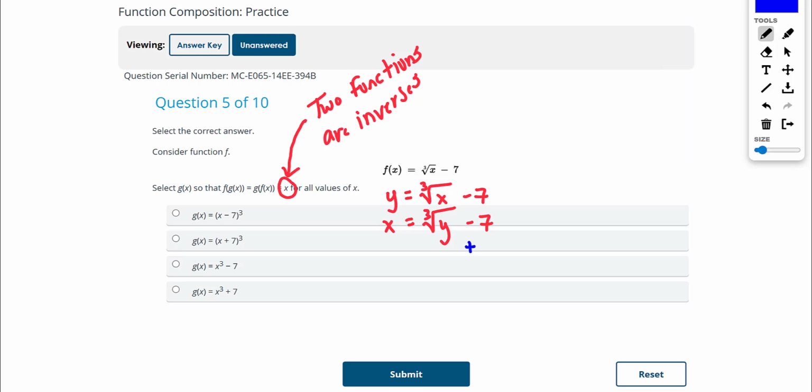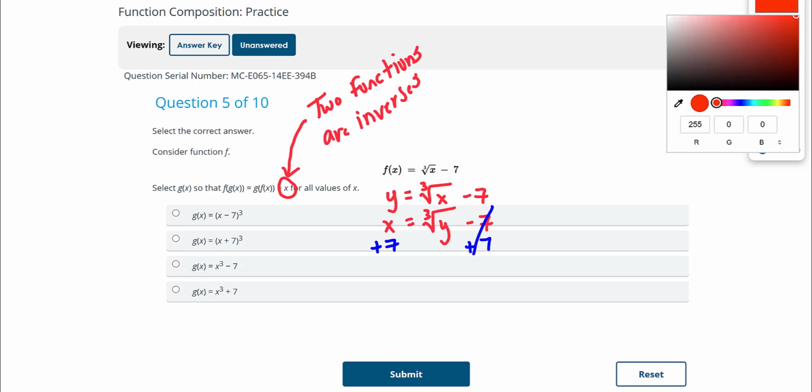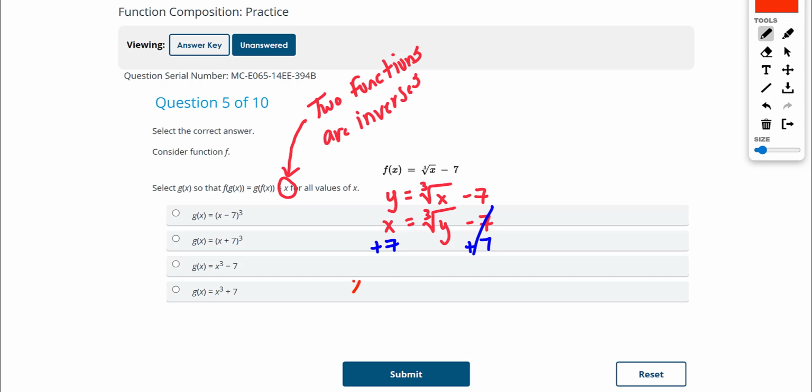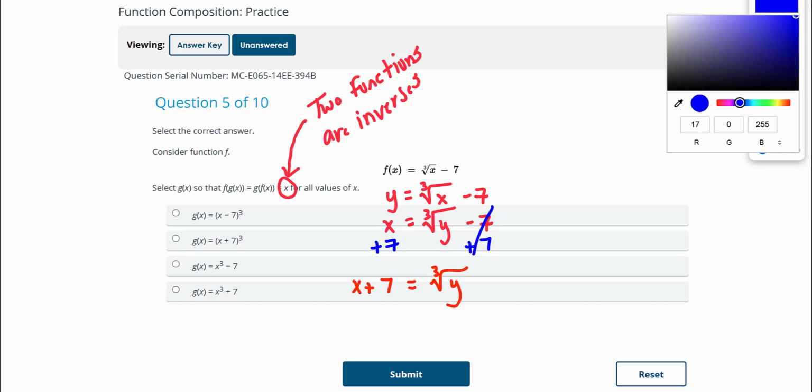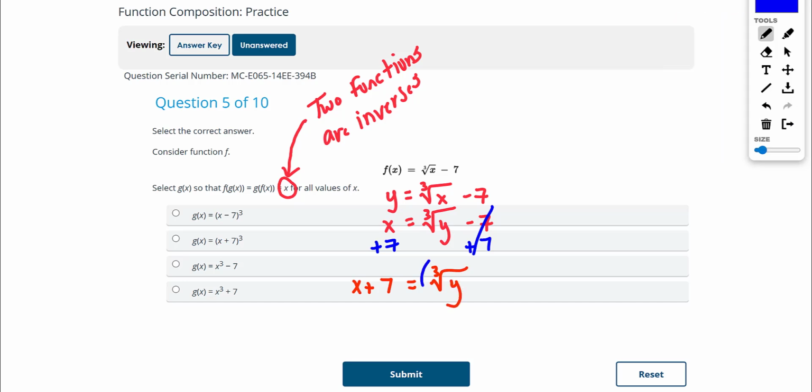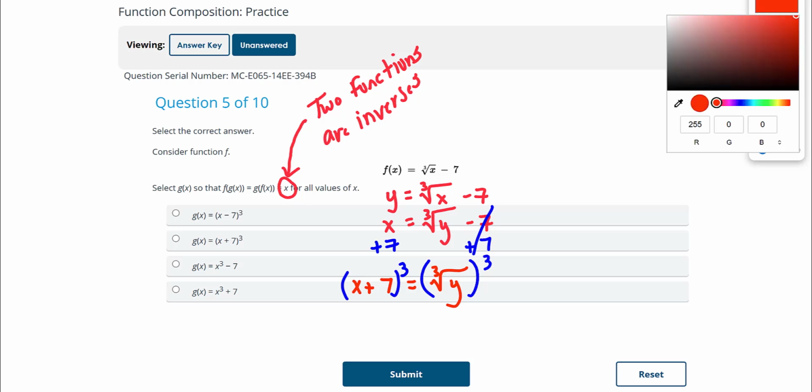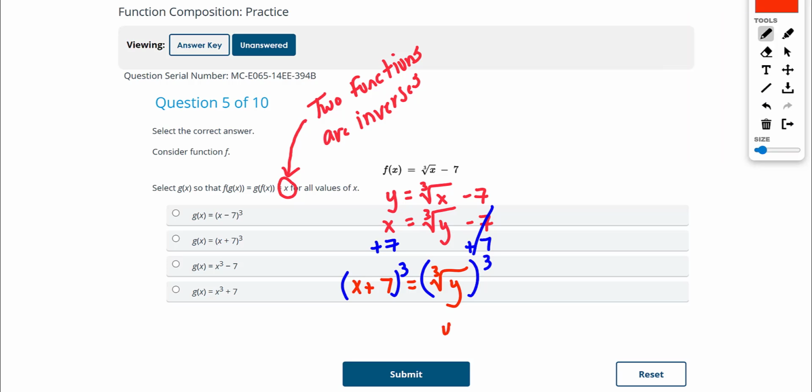So add 7 to both sides. We get x plus 7 on one side. We get the cube root of y on the other. And then the last step, the inverse operation of a cube root is cubing something. So we end up with y equals x plus 7